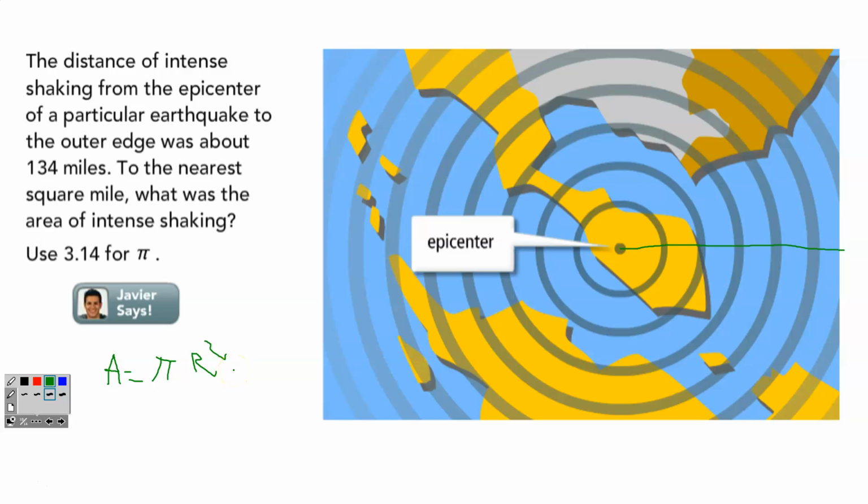Oh, that's really bad. This mouse is not working very well. I apologize for the sloppiness. So we're going to do 3.14 times my radius, which we just said was 134. We're going to square it. So I'm going to do 3.14 times 134 squared, which gives me an answer. It's, again, a really big number, 56,381.84 miles. That's how many square miles